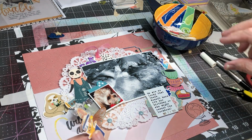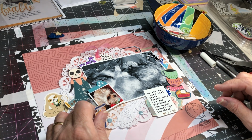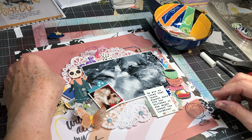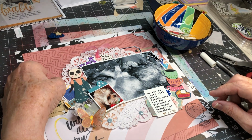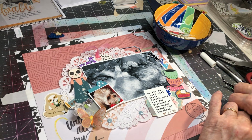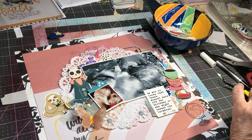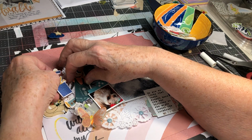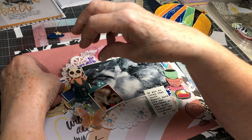This is as a nod to the fact that it's Reese's birthday month. I've got this little cat popping out of a gift box, and so I get a cat point, a birthday point, and a sunglasses point. The cat is wearing sunglasses. And if I didn't have yellow anywhere else, which I do, it would also be worth a yellow point because the cat is yellow. Okay, so there,